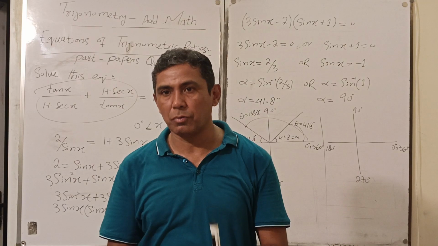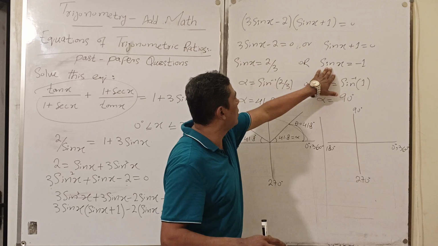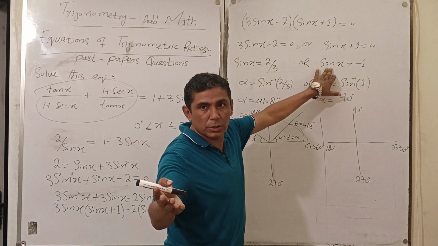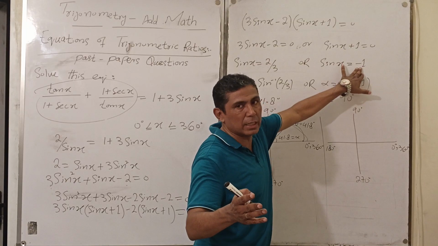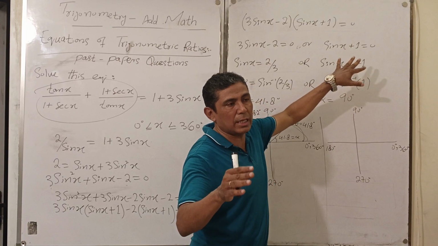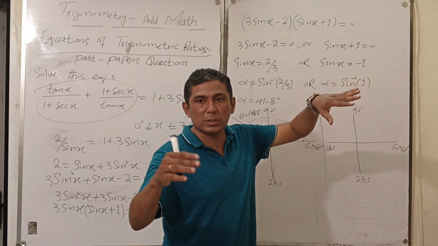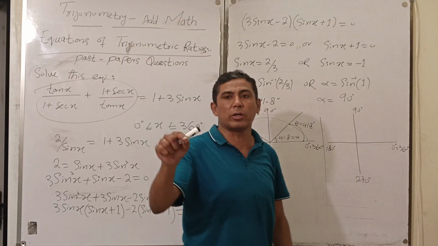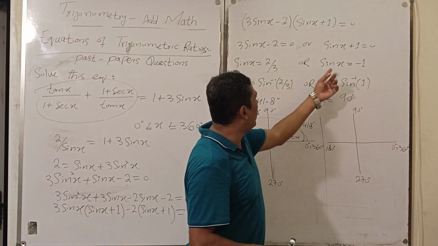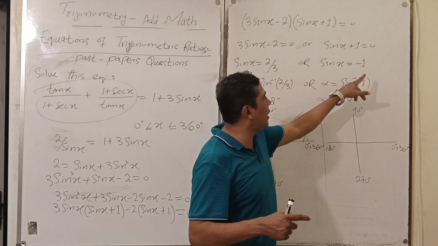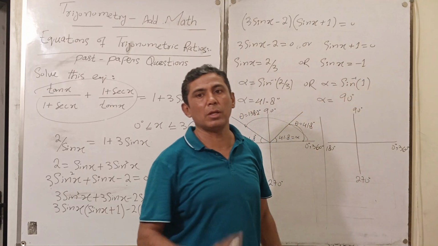To decide in which quadrant the graph will lie, don't convert into the inverse. Check whether sin x overall is positive or negative, cos x overall is positive or negative, and tan x overall is positive or negative. Then you will decide in which quadrant it will lie. Clear? But whenever you need to find the value of alpha, here you have minus, so in case of inverse you will consider the positive value.